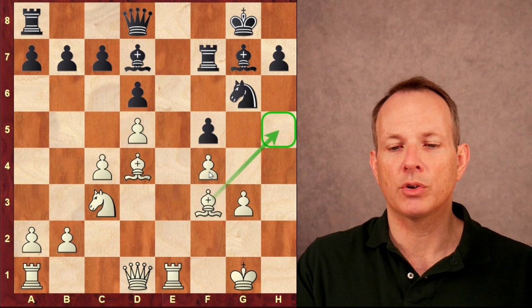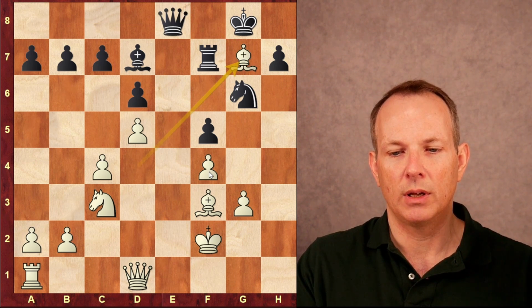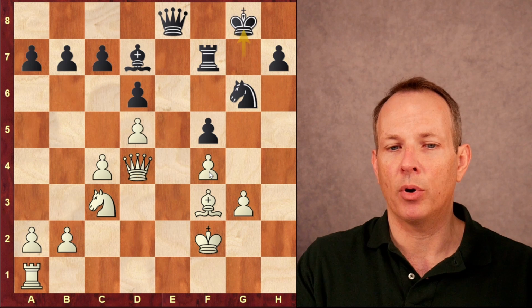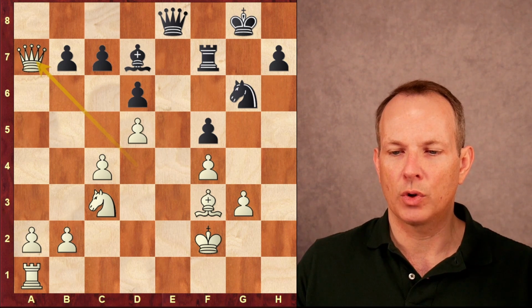Bishop f3 now controls the square. Queen f8 clears the way for the rook. King f2, rook e8. Takes, bishop takes, rook takes. It would be a blunder to take with the king because of queen d4 check. Attacking the king and the a-pawn, the king moves, queen takes a7, and Petrosian would begin to eat those queenside